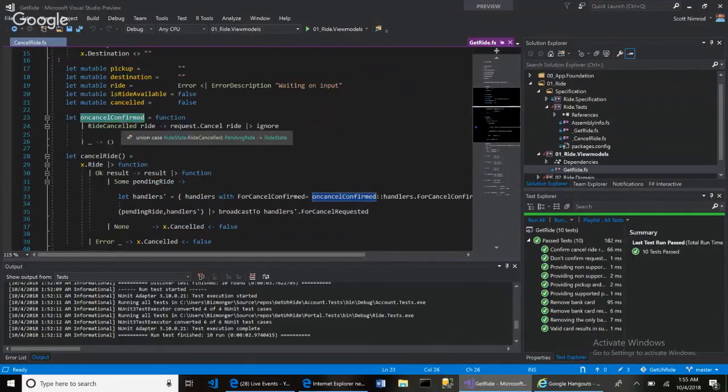And I am basically doing a pattern match on the event of a ride being canceled. And this is going to give me my pending ride. And if I do hit this ride being canceled, and this whole on cancel confirmed is basically relying on outside logic,